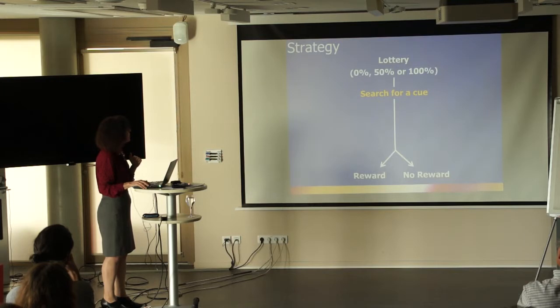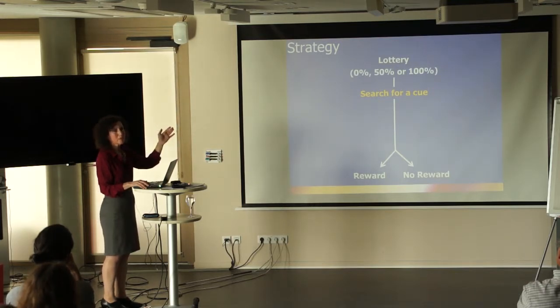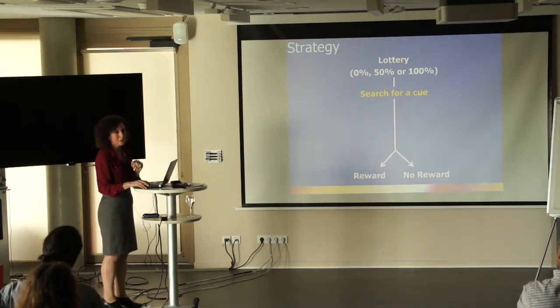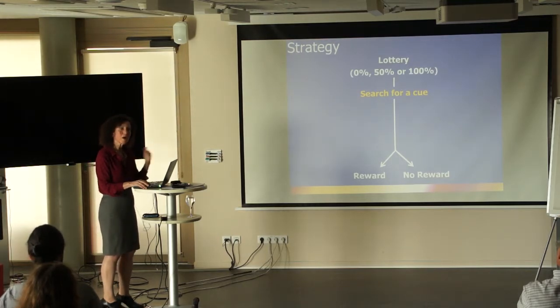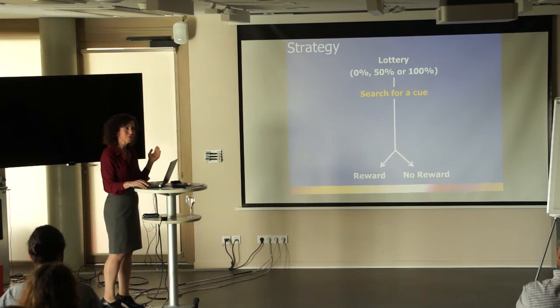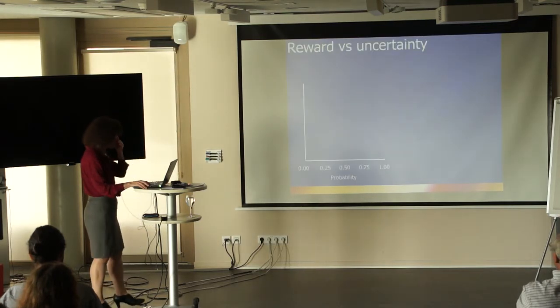A second difference is that before we used a fixed 50% probability of getting a reward. Now we're going to vary the prior probability, 0, 50, or 100%, in order to manipulate how uncertain the monkey is about his reward. Okay, so here's how this